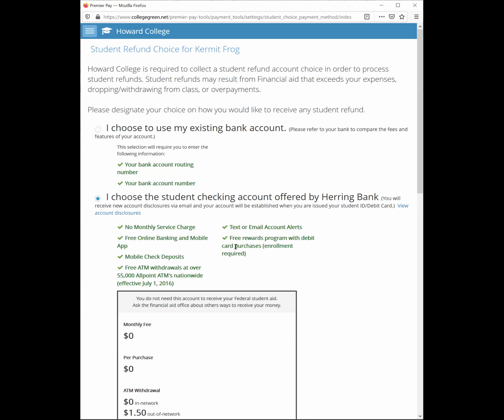It'll show you what email address it sends that email to and information to contact Herringbank if you don't have access to that email account anymore, and how you can change that so that you can update your direct deposit. If you get to one of those steps and you are confused or have issues, please contact your business office and they can help walk you through how to change